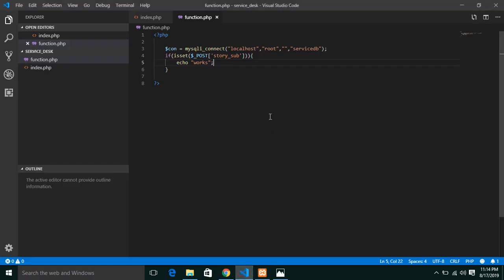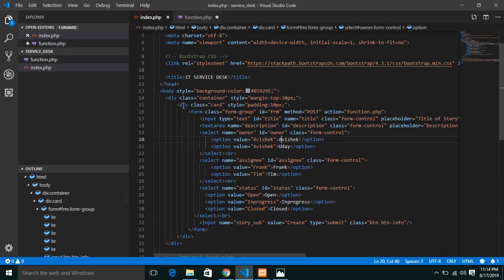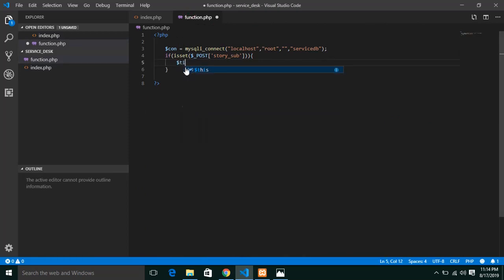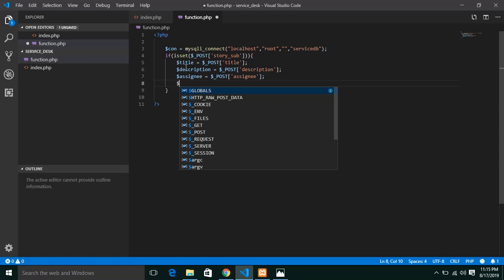So what our next work is to bring those values from here. So we need the values of this. So what we'll be doing is title equals post, this will be description post, this will be assignee post, our owner, again this same post,